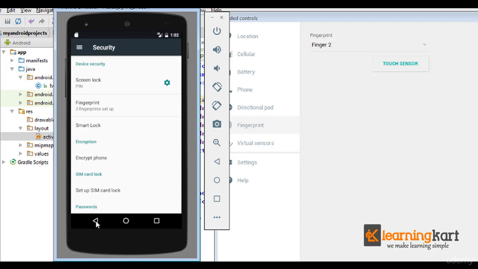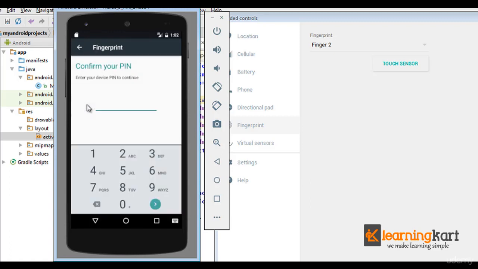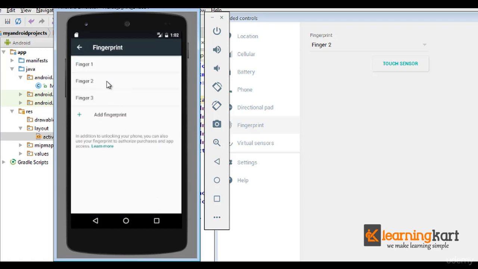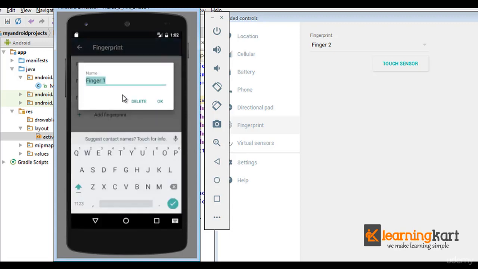So just check out how we did. We went to security, then you selected fingerprint, and within fingerprint then you had a pin setup, and then you have each finger and corresponding to your finger